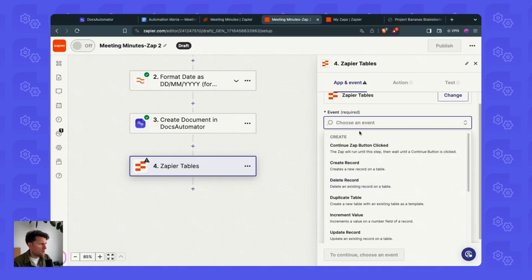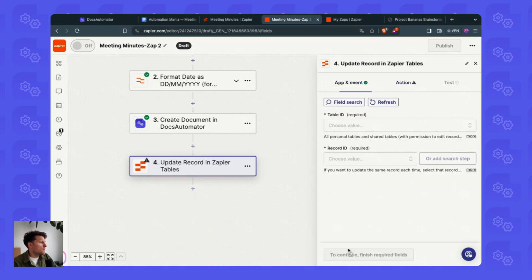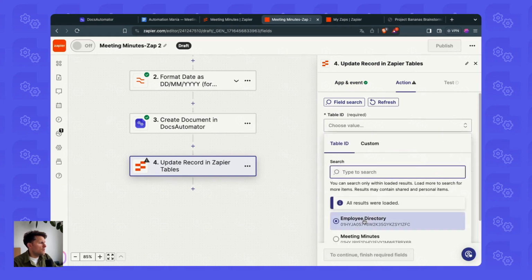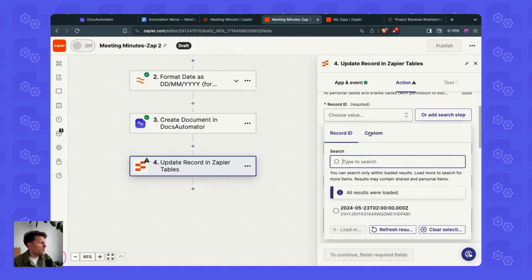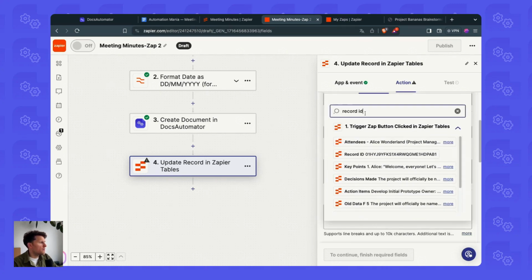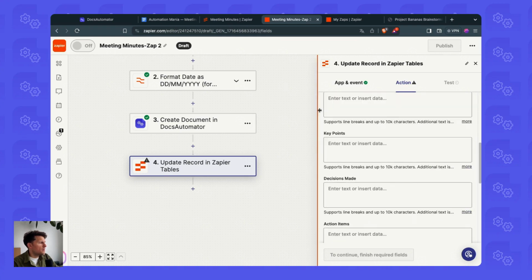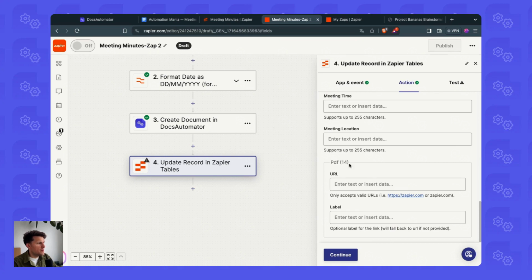I say update record. The table ID is meeting minutes. And then the record ID we get from the triggering step. We can type it in. There we go. The record ID, and what I want to change then in this record is the PDF URL